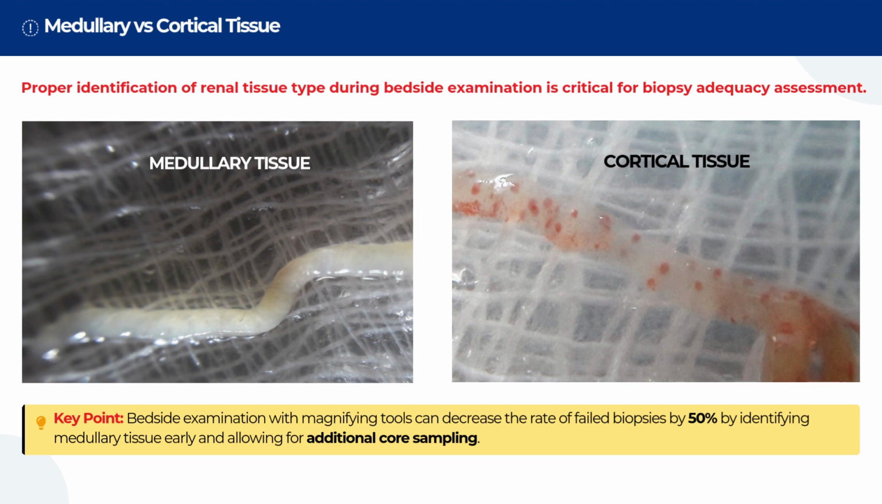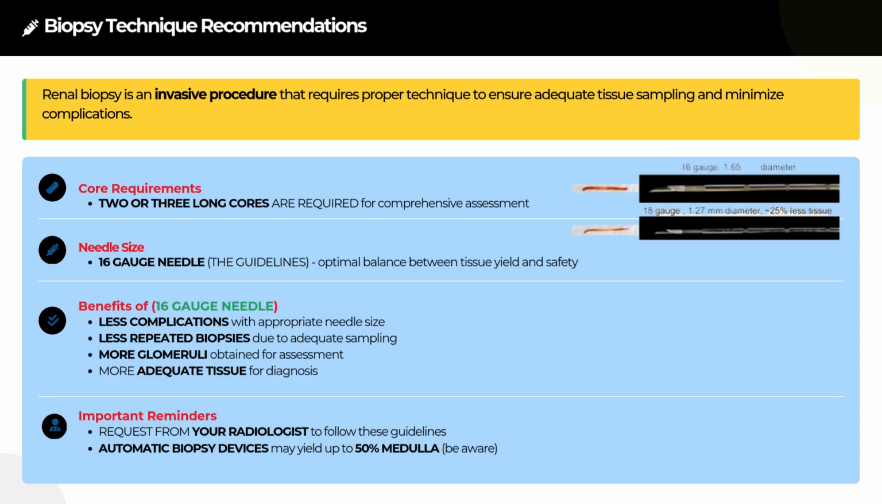The cortical tissue contains glomeruli, this one on the right, which appear as reddish, circular, rounded structures with a dotted appearance under magnification. This is ideal for diagnostic evaluation, and this is the target tissue for most renal diagnostics. We should also know that renal biopsy is an invasive procedure that requires proper technique to ensure adequate tissue sampling